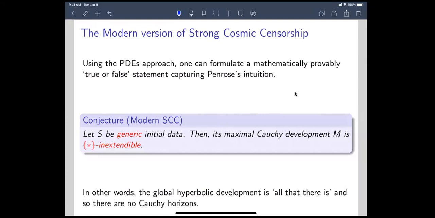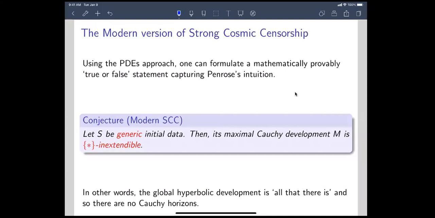Because this star tells you what regularity, which for the purposes of this talk means what level of differentiability I can put on the metric and find extensions to the Cauchy development. You might say, what on earth is the relevance of regularity or differentiability in this context? It happens to be absolutely paramount because